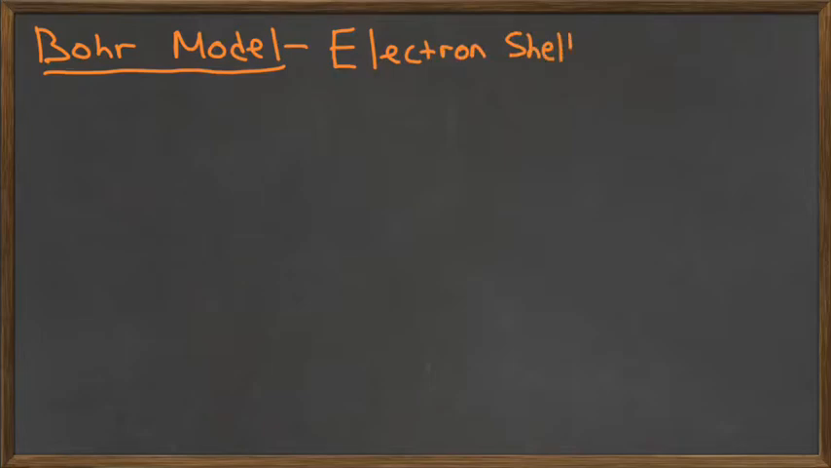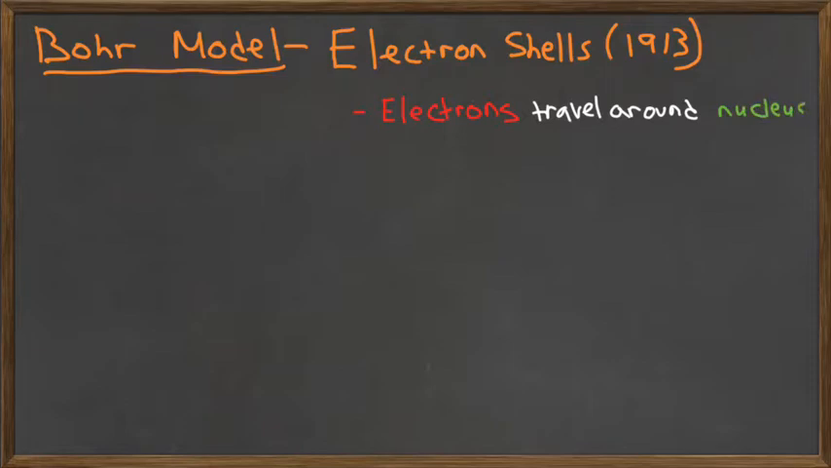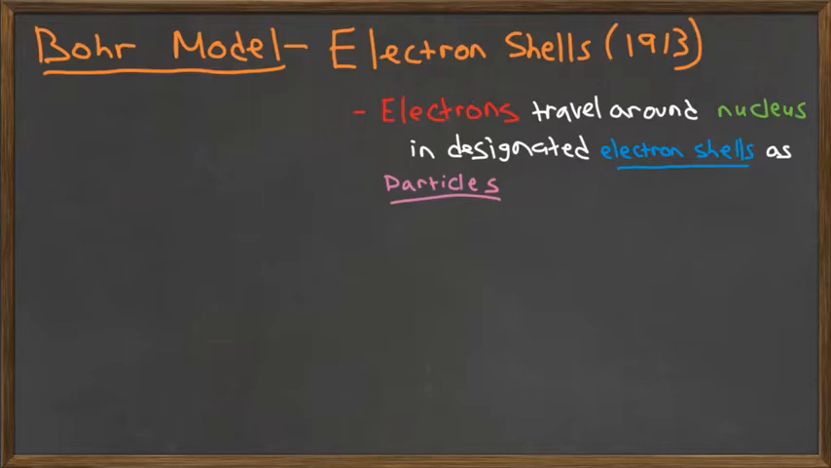Now, the Bohr model, on the other hand, came about 2 years later, and this time we have something called electron shells. Big difference. So instead of the electrons just traveling about freely, they're traveling around designated paths called electron shells,